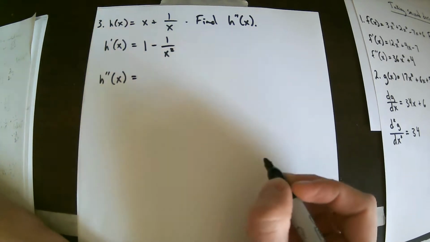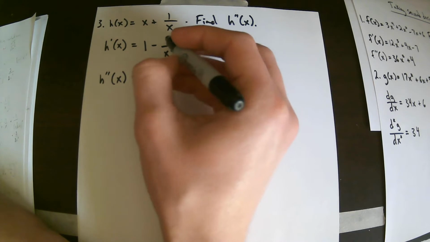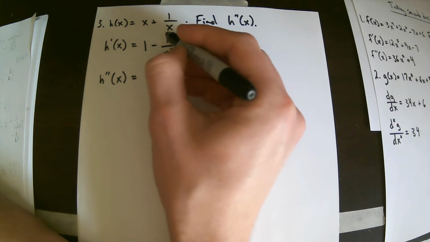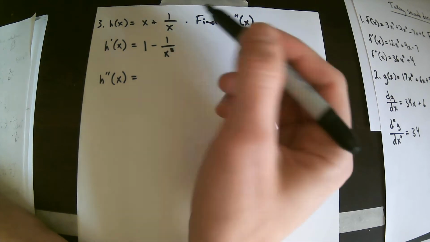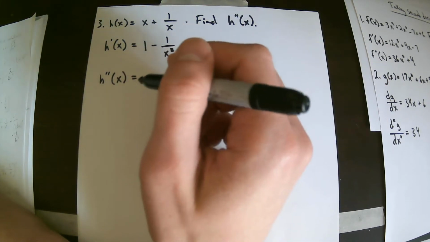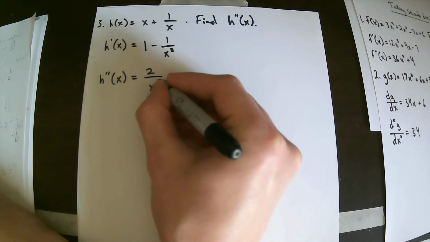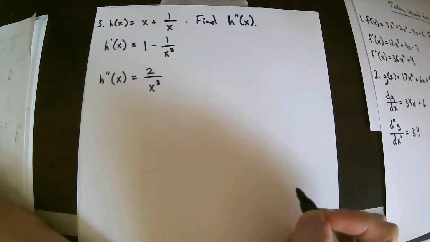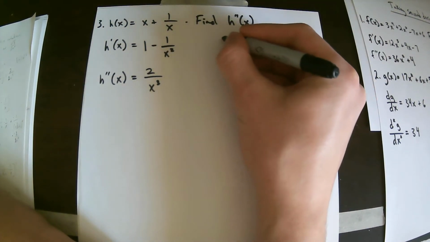The second derivative of h, this 1 is going to go away, so I need to think about the derivative of 1 over x squared. So the derivative of 1 over x squared, let's see, that 2 would be negative, drop that down, so would be positive 2 over x cubed. Positive 2 over x cubed, because what's happening here is I'm saying